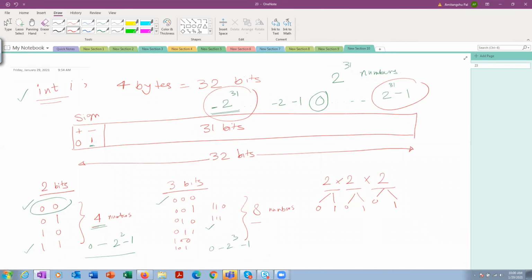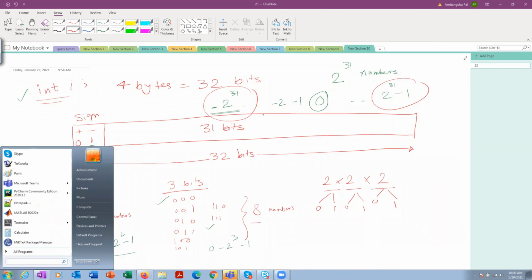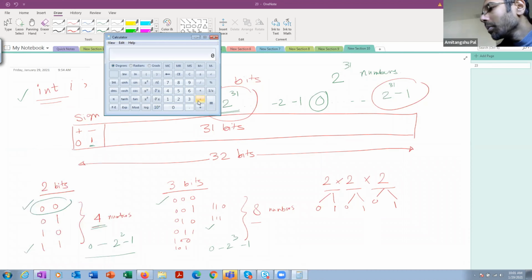Okay. So let's quickly calculate the value of minus 2 to the 31 and 2 to the 31 minus 1. Minus 2 to the power 31 is minus 2147483648.